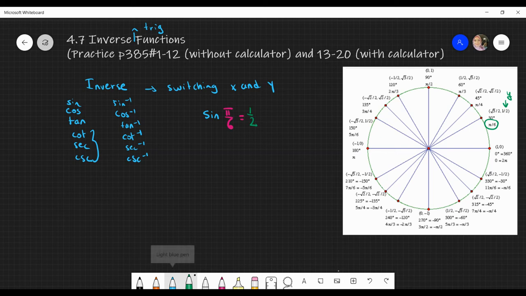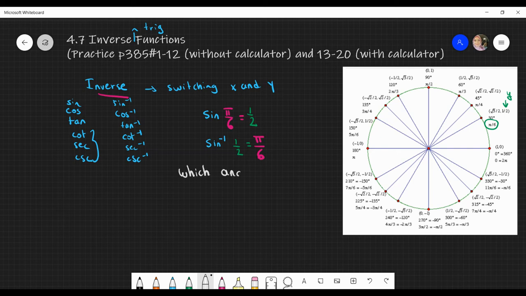In today's objective, here's the question. The question is going to be, what is the inverse sine of half? And according to the idea of inverse, we are switching x and y. So this will make it pi over 6. Now, it's important to understand what this means in words. So we're going to write it in words together. This means